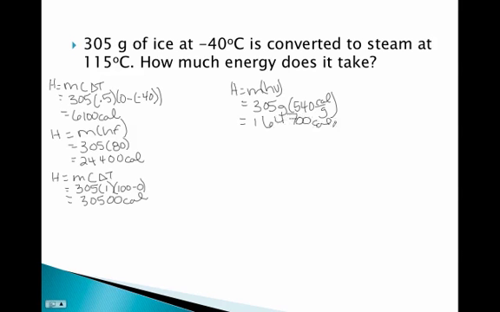And the last step is to calculate the amount of heat that it takes to raise the steam from 100 to 115. My mass is 305. My specific heat for steam is 0.5. And my change in temperature is going to be 115 minus 100, which would be 15. So 305 times 0.5 times 15 is going to give me